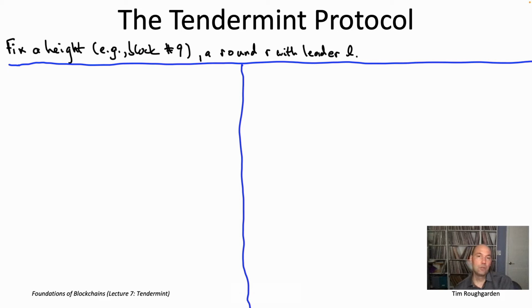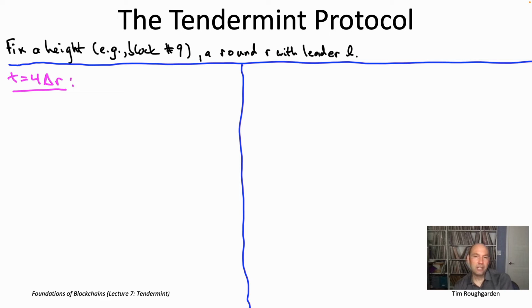Accordingly, we're going to split it into 4 different phases of delta time units each. The first phase then will start at time step 4 delta R. I'm assuming here that we start numbering rounds at 0. The first phase is relevant only for the leader, so honest nodes who are not the leader are going to be doing nothing in this first phase. If you are the leader, then very much like our SMR protocol way back in lecture 2 with rotating leaders, the leader of the round is going to be responsible for proposing a block and also proposing a quorum certificate, ideally, that supports that block.